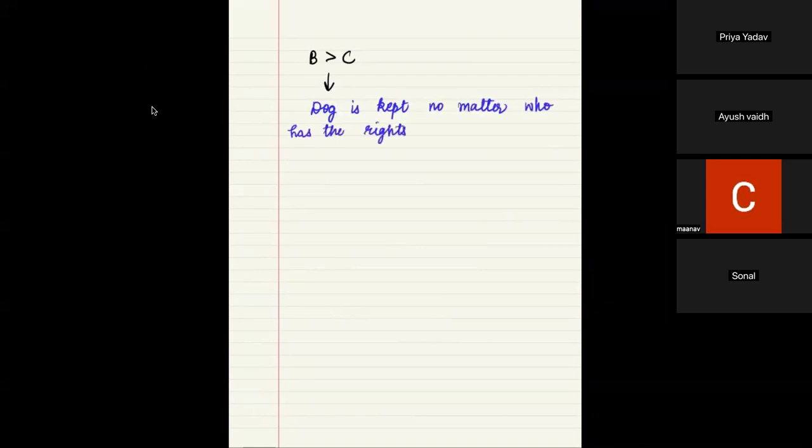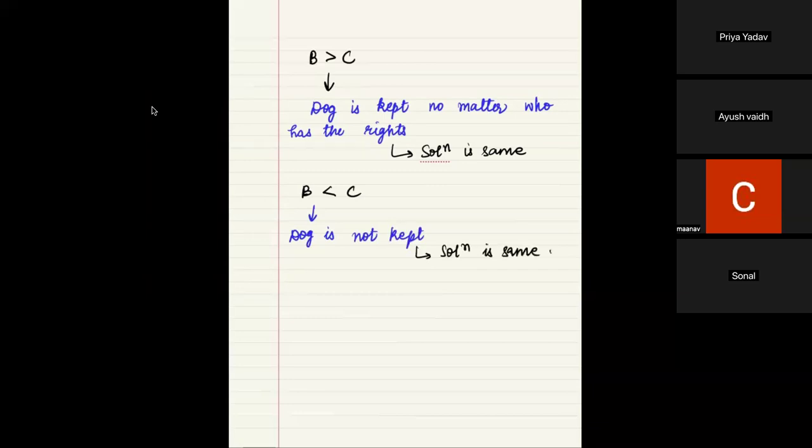And in the second case, the solution is the same, meaning the dog is kept or not kept. Now in the second case, when B is less than C, the dog is not kept. So again, the solution is the same. So what we see in this case is that no matter who has the rights,